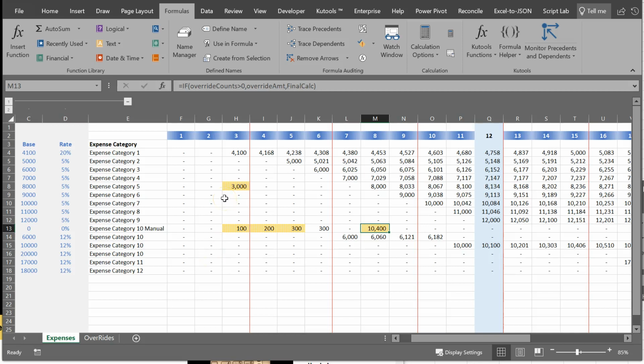Okay, let's quickly go through where we were. So, reviewing, I put in number one. Then this is prior plus one, prior plus one, prior plus one. Everything's the same. All of these formulas are the exact same. These formulas basically say, if the override count is greater than 0, then use the override count. If it's equal to 0 or less than 0, then